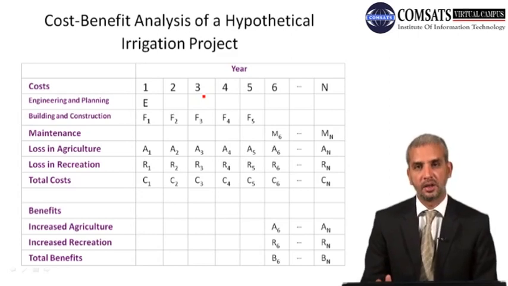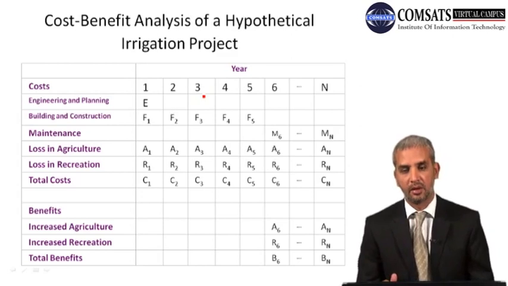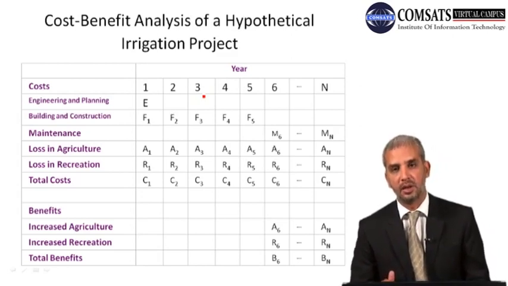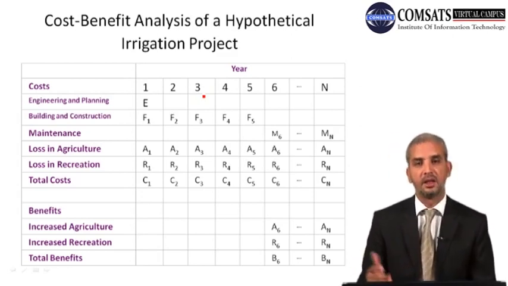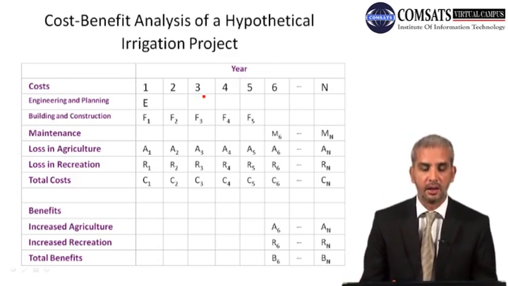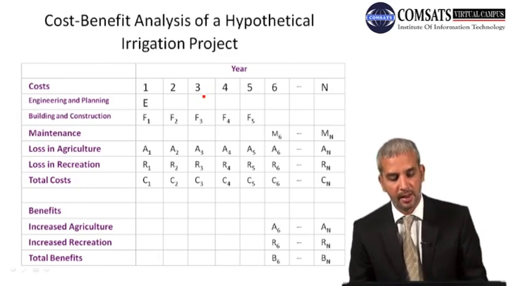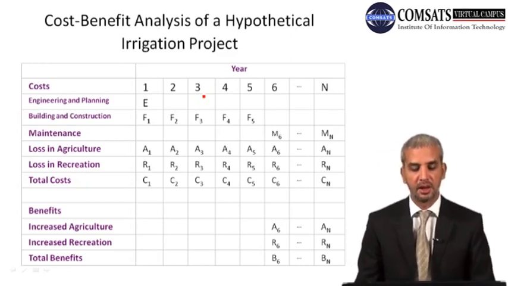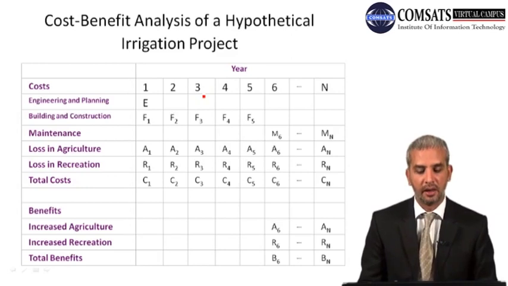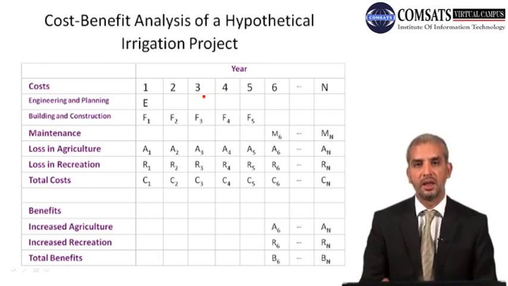Then there is building and construction. That might be a very high cost, considering the requirement of so much capital and so much labor, since it would be a capital intensive project when you have to dig a lake out of nowhere, and even procurement of land in terms of planning cost should be included in that. So building and construction is represented up to the first 5 years, F1 up to F5. That represents the cost incurred in each year for building and constructing that irrigation facility.